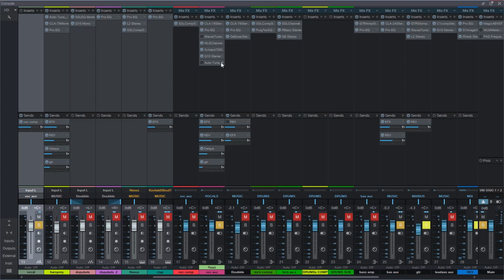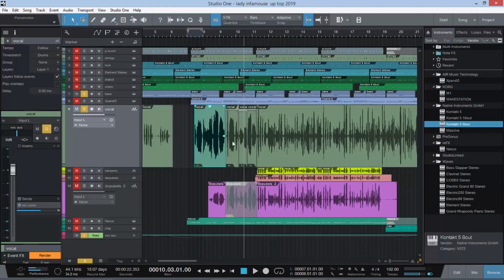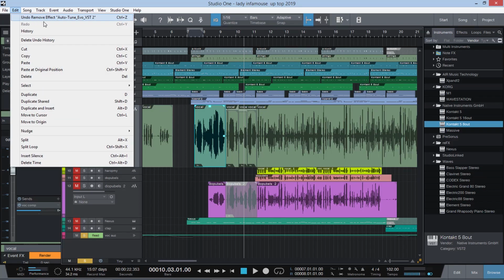So I'm going to deactivate that, and we're going to be talking about Melodyne. Right now I've turned off Autotune here. I'm going to bring up Melodyne, which is built in with Studio One when you purchase it. So what I'm going to do,